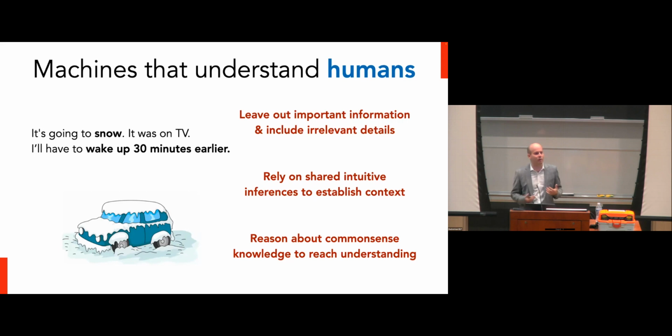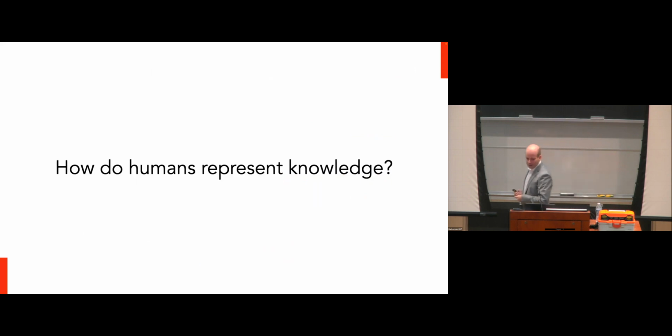It needs to be able to represent and reason about this knowledge in the same way that you would want it to. So how should machines know how to do this? Ultimately, we need to be able to find some sort of alignment between how humans and machines think to do this effectively. And to do that, we need to answer a few questions.